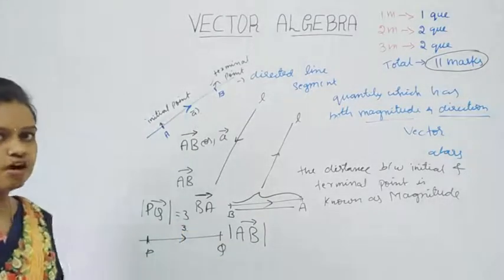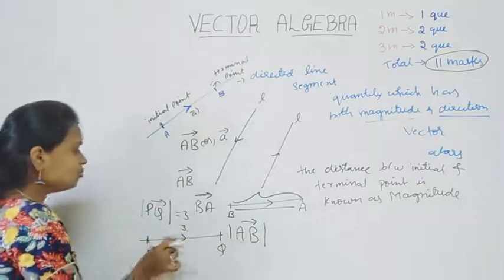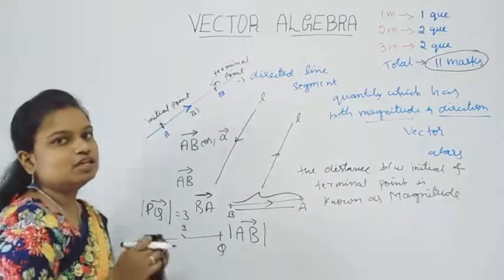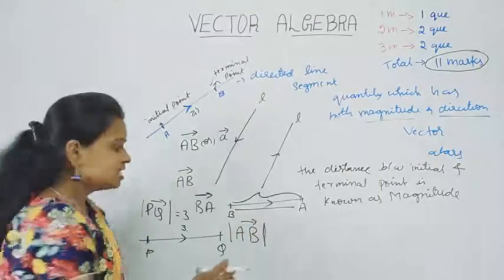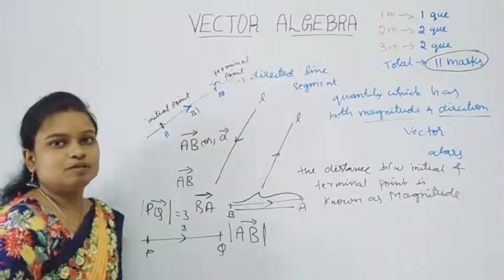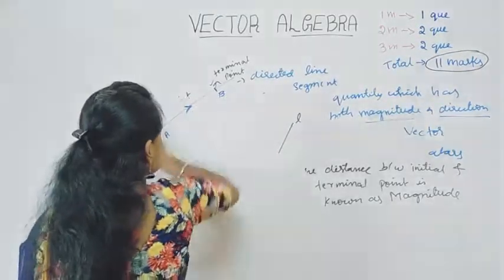meter, so on. Okay. Magnitude means the distance between the initial point and terminal point of the vector, and it is represented like this. It is read as magnitude of AB. Understand? So the next one is,